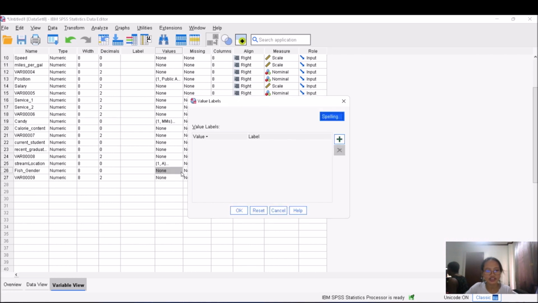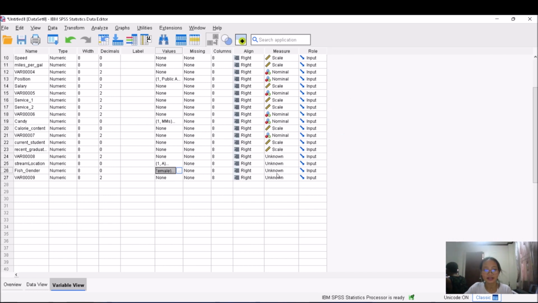And then for gender, you can have 1 for female and 2 for male. And click OK. And then both are nominal. So stream location is nominal, fish gender is also nominal.